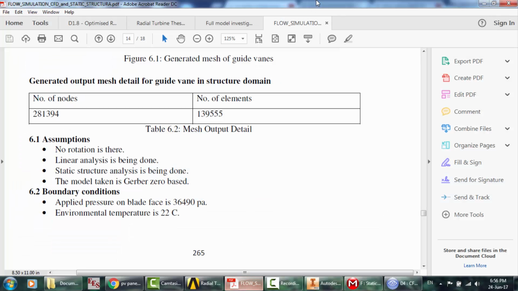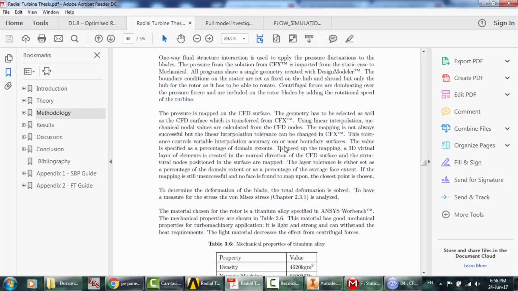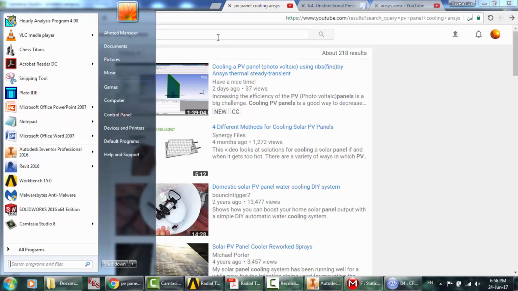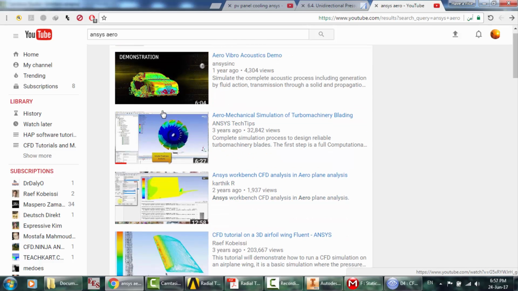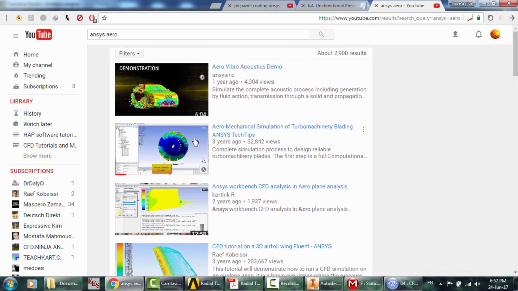Another thing I have to say is that there is another method for getting the mapped surface, or to make the mapped pressure by mapping, but by the commands. Using the commands, you can check out the aero mechanical. This you have to check it out. We may cover it in another tutorial in details. They use the command method to get the pressure map of the blade and then use it, but this is